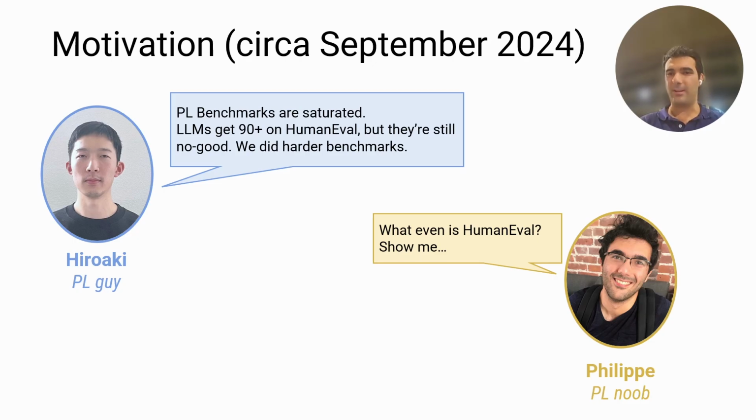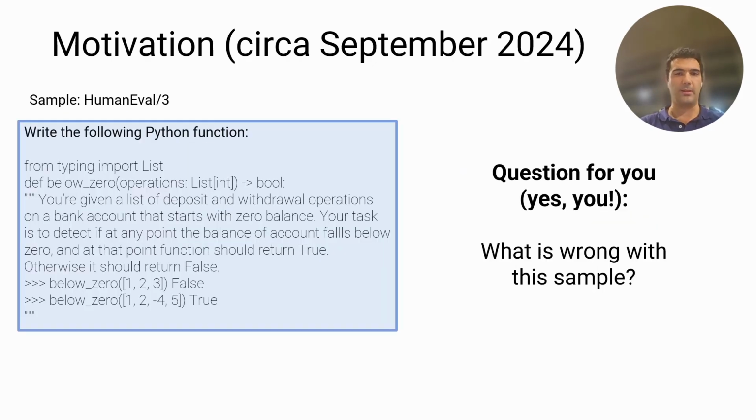So in some ways, this is a perennial issue. And I asked, okay, what is HumanEval? If you don't know, then you're going to learn with me here. This is an actual sample from HumanEval. HumanEval is a dataset from OpenAI that they released some time ago, and it contains about 100 or 150 samples like this. The sample reads something like this.